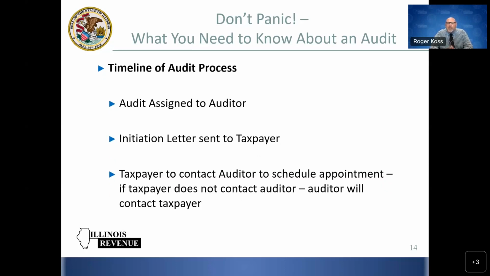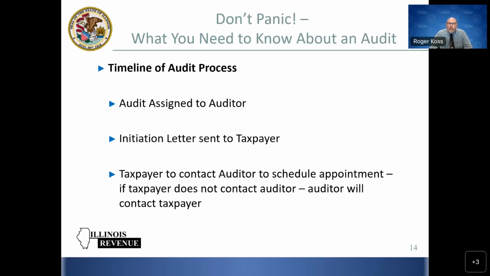So, what is the timeline of the audit process? Well, once the audit planning section has done their research and they've established the audit liability, once an auditor needs an audit assigned to them, the supervisor will reach out to the audit planning section. They will have the specific type of audit that is requested by the auditor. We have level 1, level 2, level 3 auditors, and so therefore the more complex audits are assigned to a revenue auditor 3, and then other audits are assigned to revenue auditor 2s, and then smaller audits are assigned to